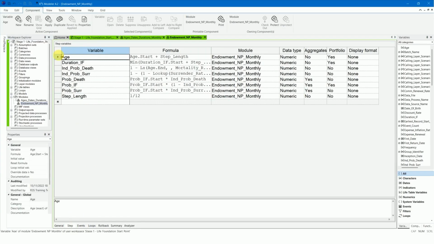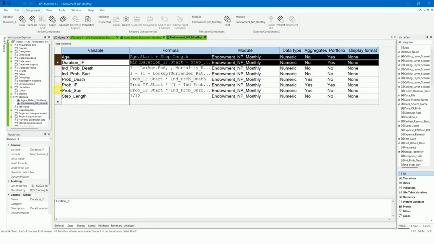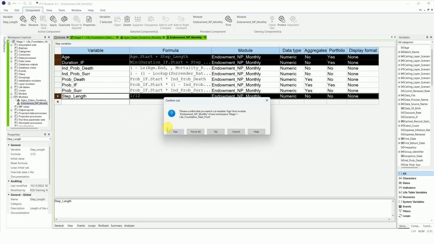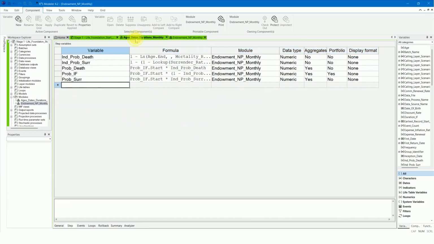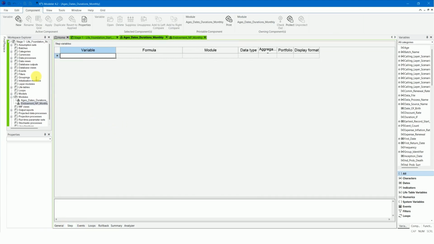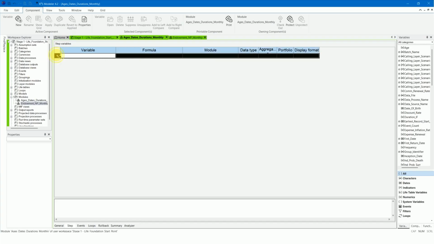Cut the variables age, duration if, and step length from Endowment NP Monthly, and paste them into the new module Ages, Dates, Durations, Monthly.